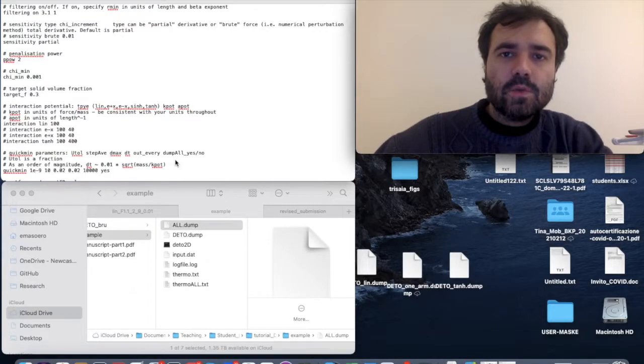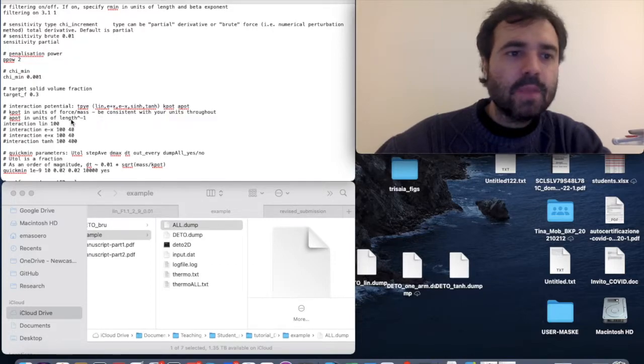So far, we defined the geometry of the system, discretized with the particles. We gave a bunch of optimization parameters. We set the interaction potential to be a linear spring with a stiffness of 100 in the units I'm using here, kilonewtons per millimeter. And now we move to this next command here, that is Quickmin, and then a series